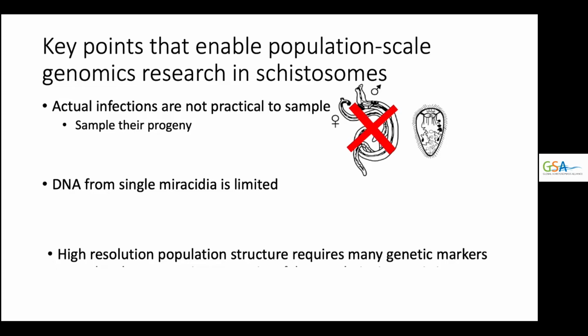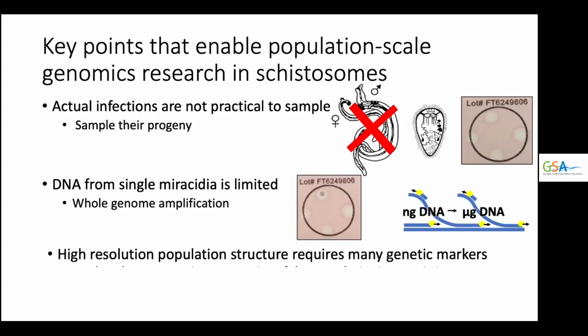For our research, miracidia are collected on site after hatching, and individual miracidia are dropped onto these FTA indicator cards with a small amount of water where the DNA from the miracidium can be preserved for years under the right conditions. Second, there's limited DNA within a single miracidium and not enough to prepare sequencing libraries. To overcome this problem, we're using whole genome amplification to generate micrograms of DNA from a single miracidium. Fortunately, whole genome amplification is relatively inexpensive, and it's fast enough to do in the lab so that it doesn't become a bottleneck.